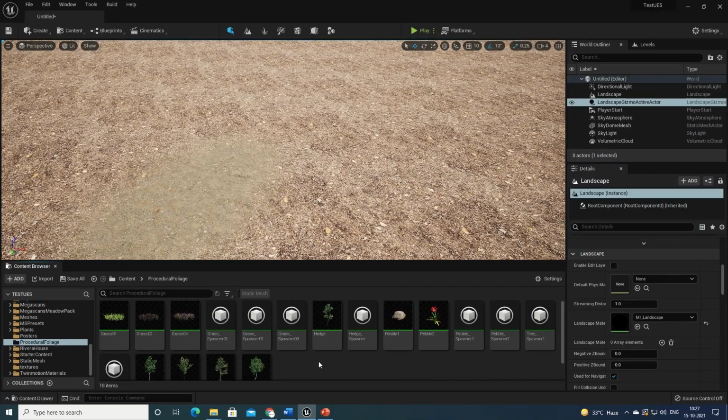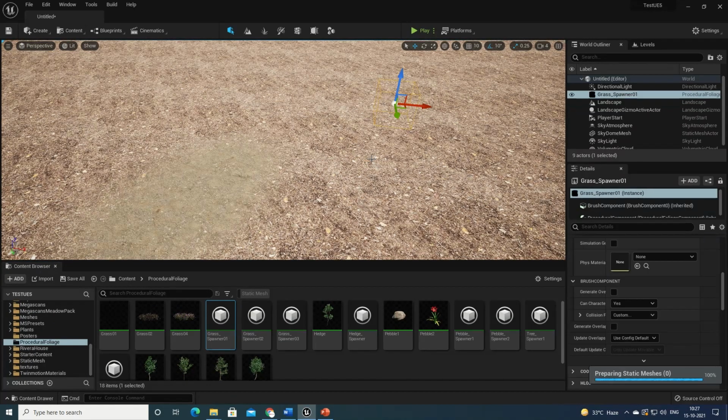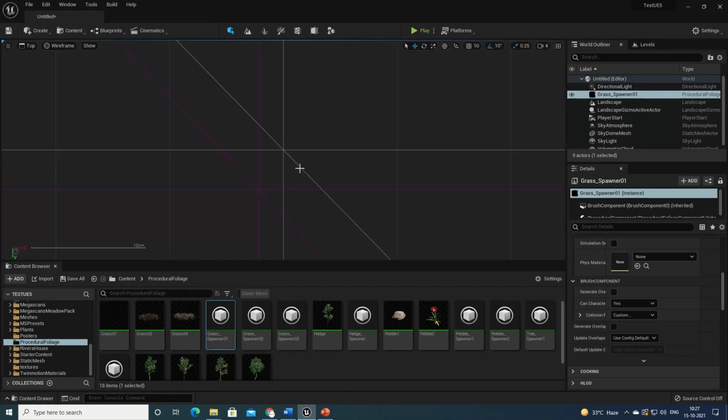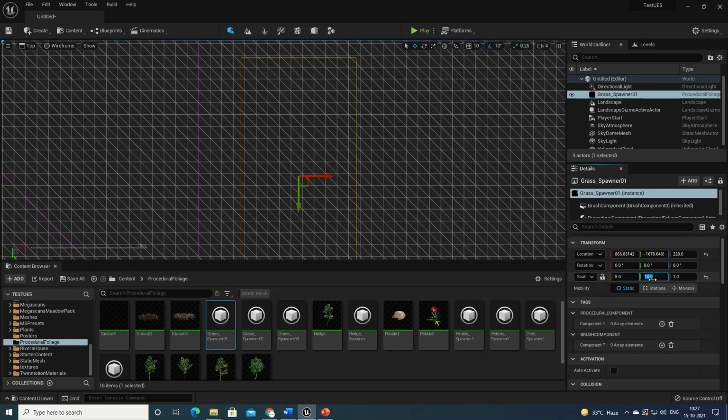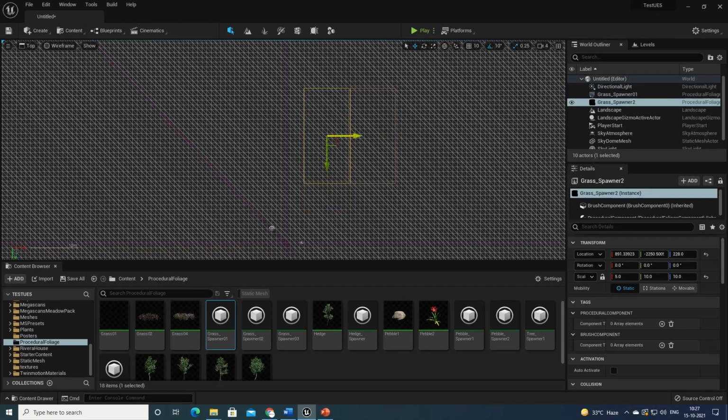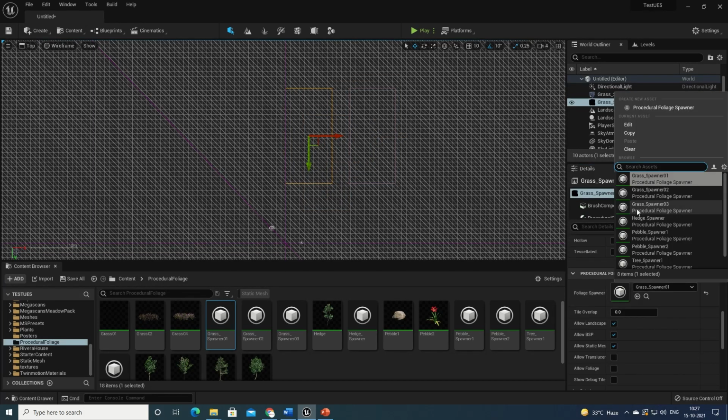As a first step, we need to create the procedural foliage spawner for each foliage type with densely packed settings. And these settings may vary based on the static mesh size.